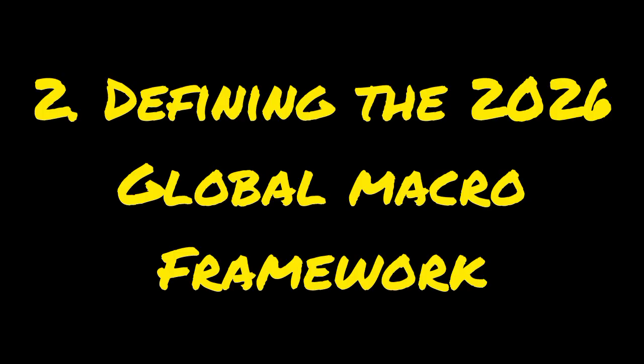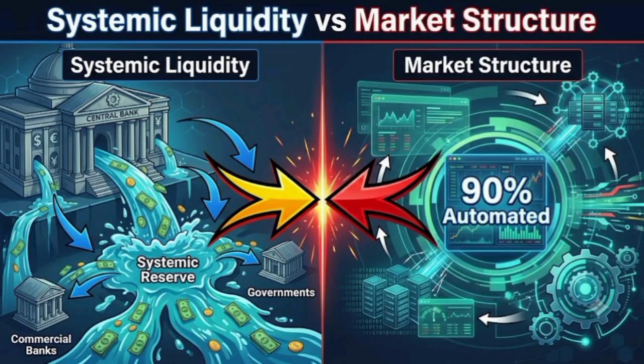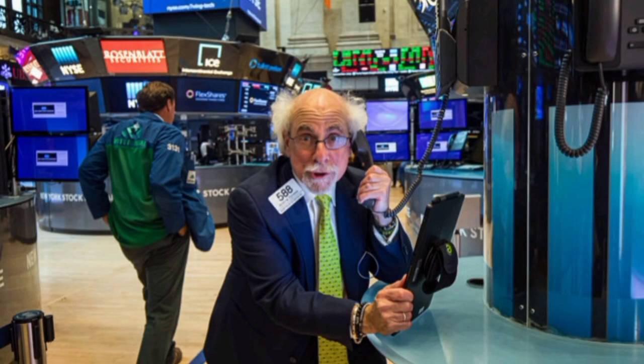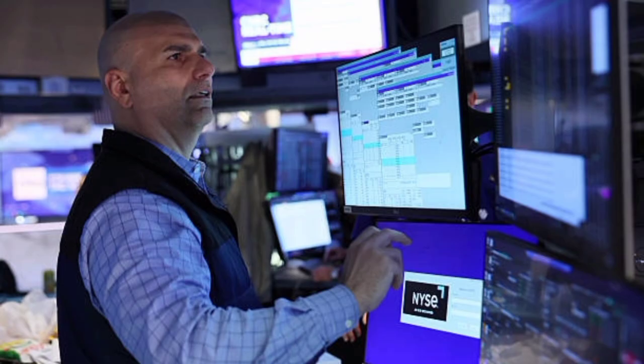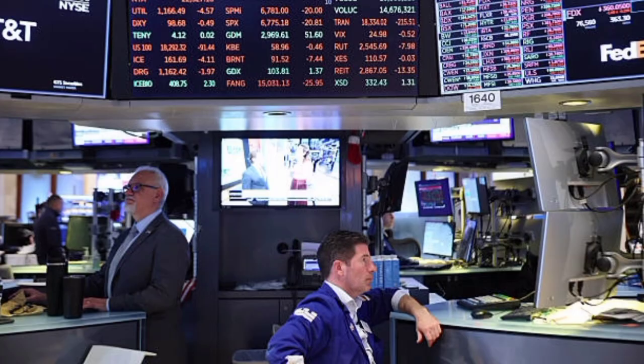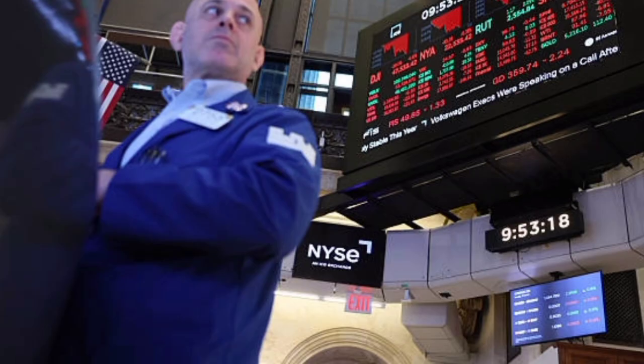2. Defining the 2026 global macro framework. To navigate this terrain, we must first define our parameters. When we talk about global macro frameworks in mid-2026, we are looking at the intersection of two critical forces, systemic global liquidity and algorithmic market structure. Systemic liquidity is the actual volume of cash flowing through central bank balance sheets and commercial banking systems. Market structure, on the other hand, is the mechanical playground where this money moves, now dominated up to 90% by